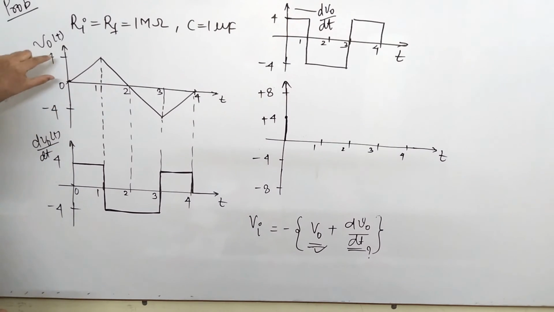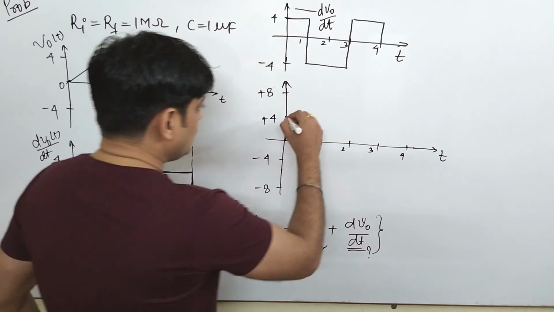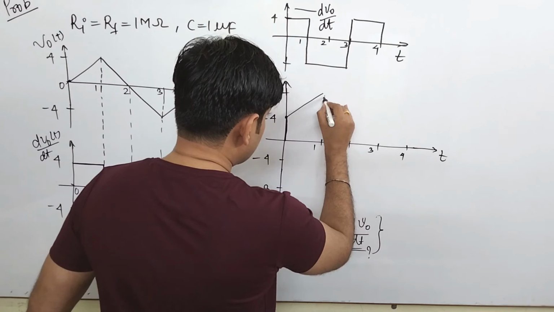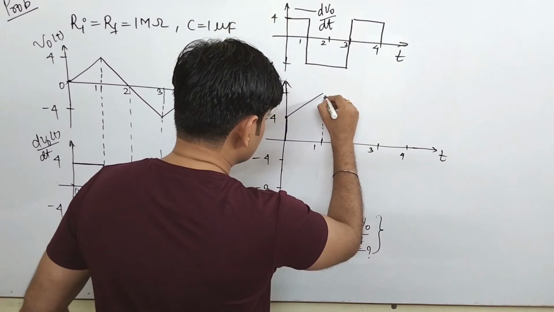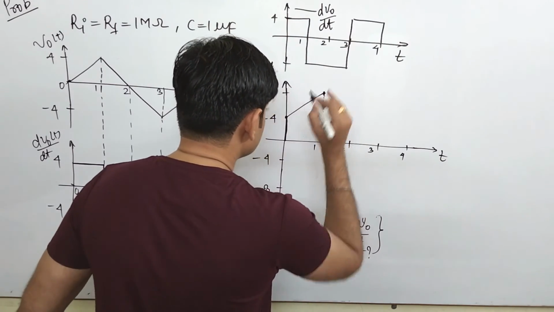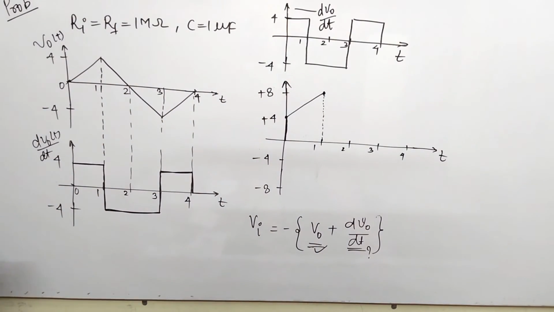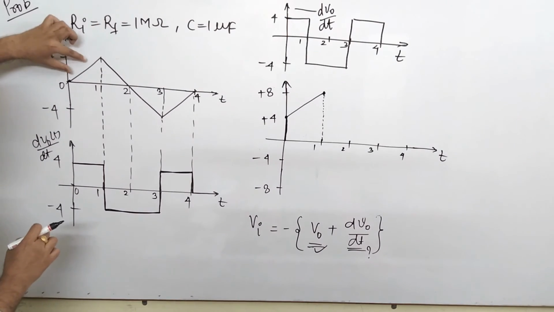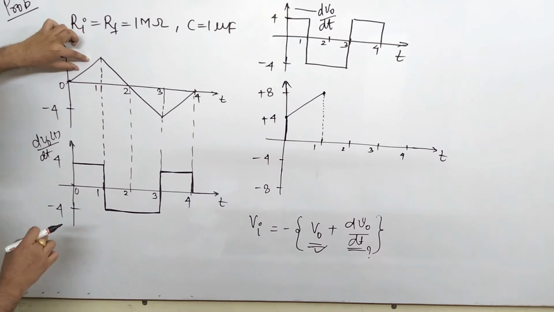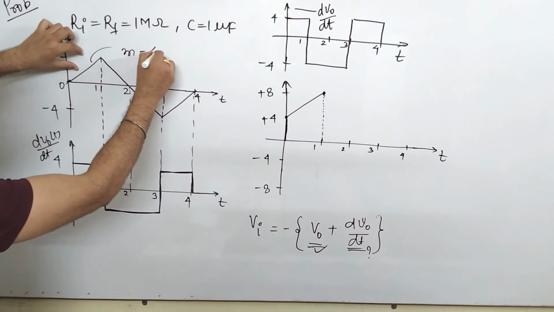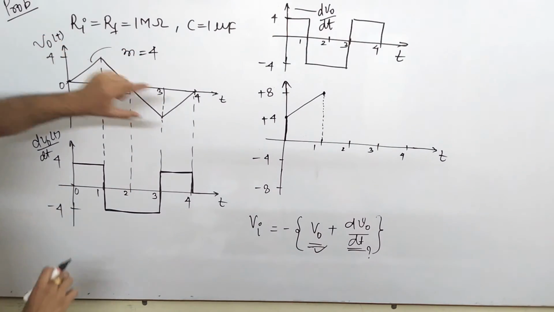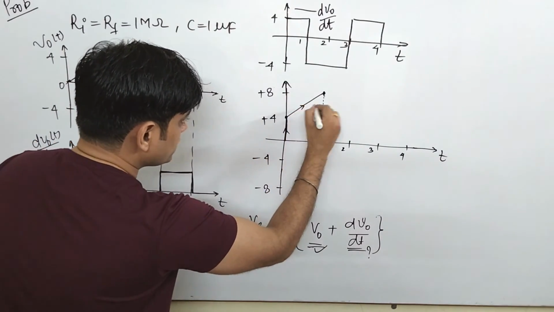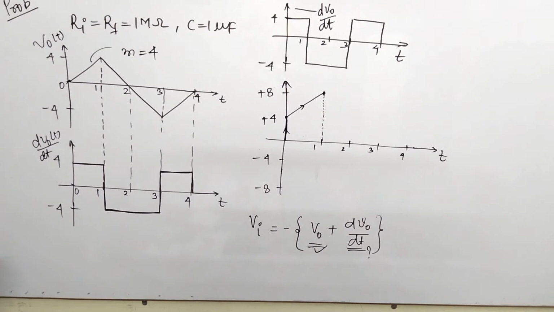Okay, so that means this slope from here, when the signal starts, it will go to its maximum value. And what is the maximum value? This is 4, this is 4. Why? Because its slope is 4. M comes to be 4, so it goes to 4. So 4 plus 4 comes to be 8. So the signal will start from here and it goes up to here. Now please try to understand.